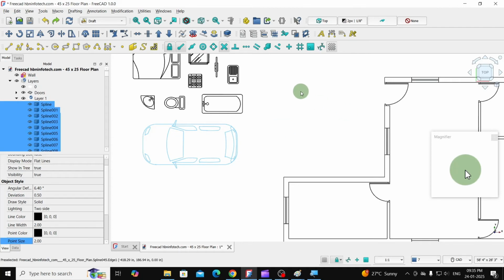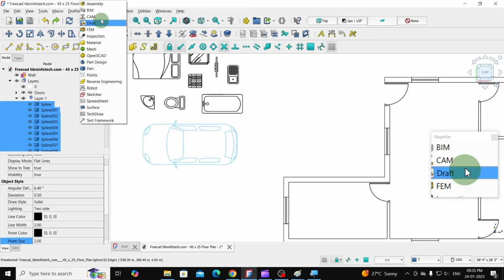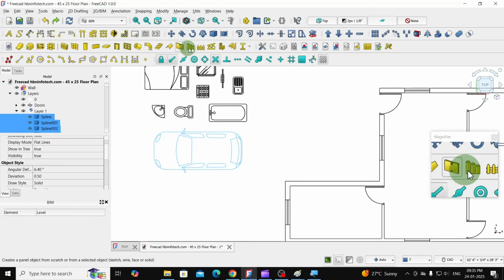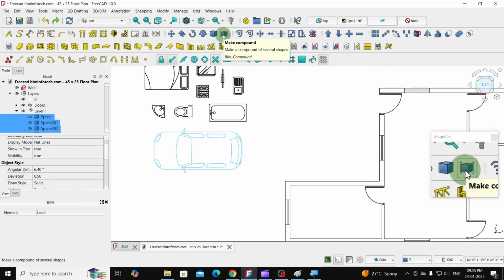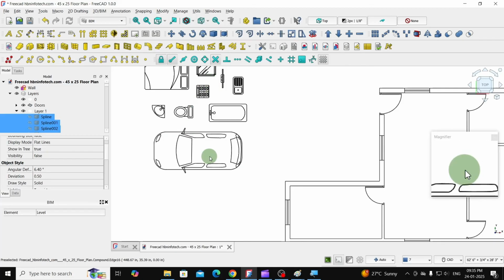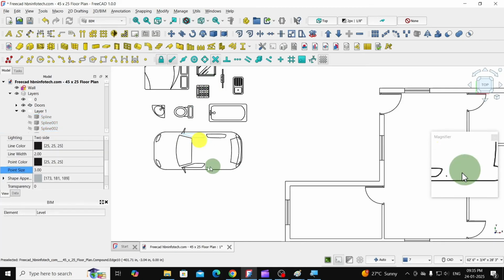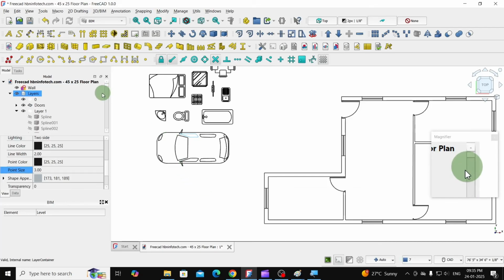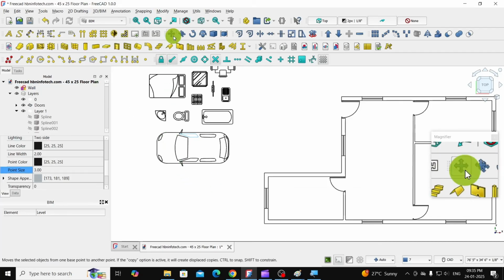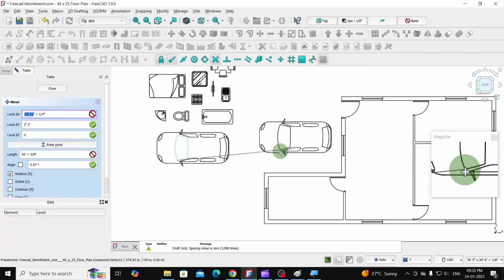See, the converting to component option is available in the BIM workspace as well. So you can just switch to the BIM workspace, and then here you have the option make compound. So you can click on this. So now it behaves as one group. So now you can just select this and move and place